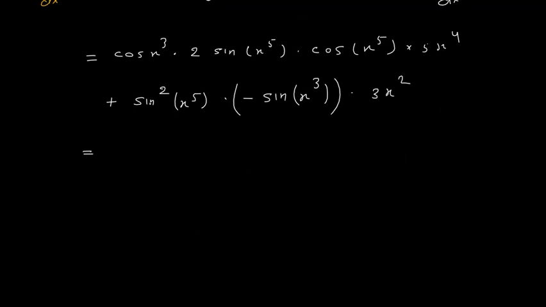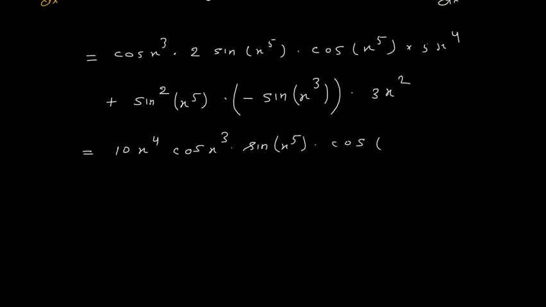If you want, you can take this x square common. Also, sine x power 5 is common. So you can take those common terms out or write as it is. This 5 into 2 is 10, so you will write 10, then x power 4. So simple expressions I will write first. Then we have sine x power 5 cos x power 5 cos x cube. So let us write cos x cube into sine x power 5 into cos x power 5.